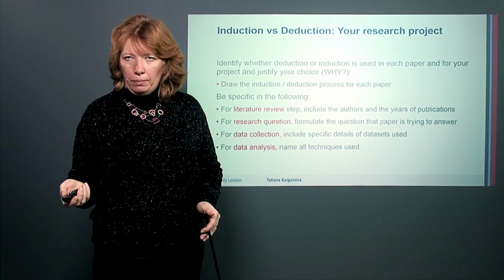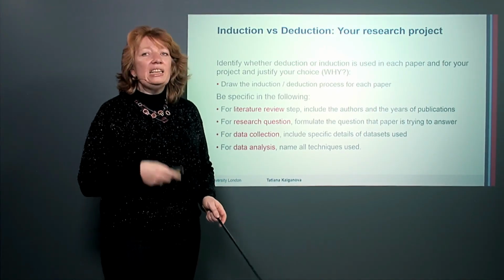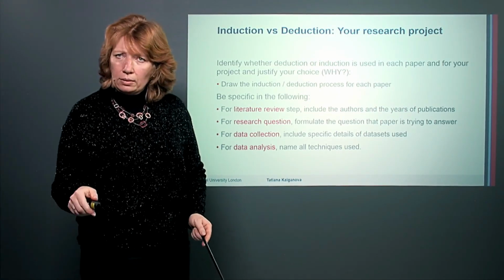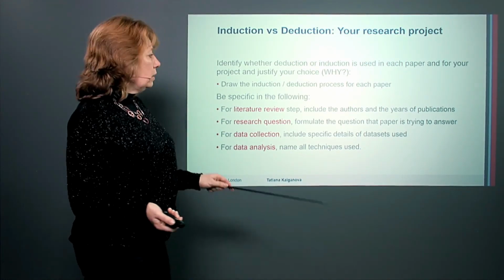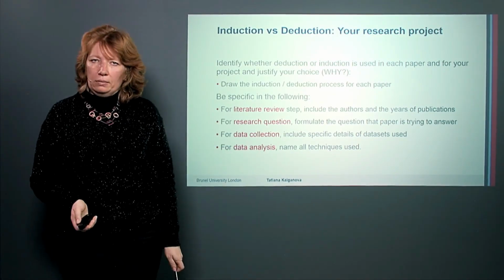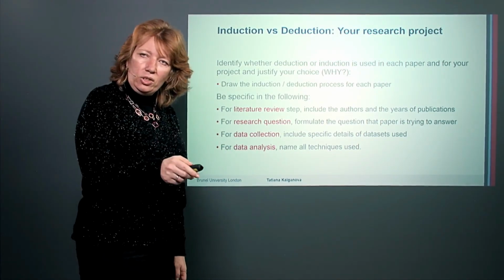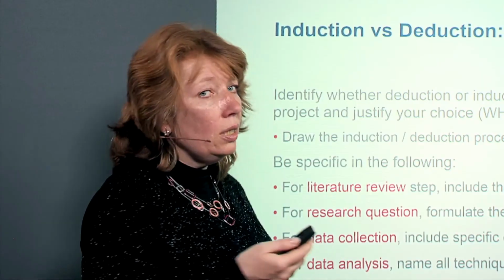And also you are summarizing the induction or deduction process of your research paper in graphical form while introducing some particular details. These particular details will be used later on to identify subjectivity and objectivity